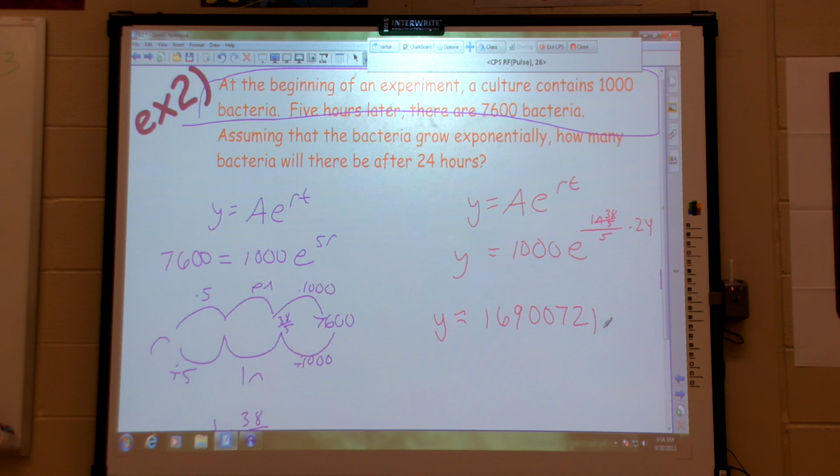So listen to me carefully. Living creatures, you automatically round down to the nearest whole number. So I don't care what this decimal is, this is my answer. Bacteria should get pretty big. We're dealing with exponential. Remember, they grow really, really fast? They should get pretty big pretty fast. So don't be surprised if you get some large answers. Now, on some problems,